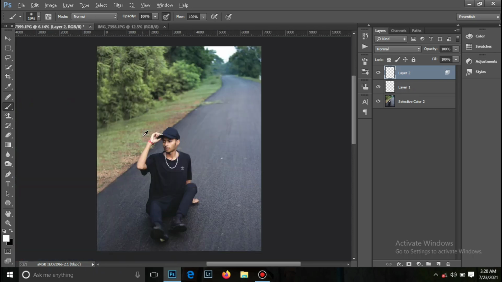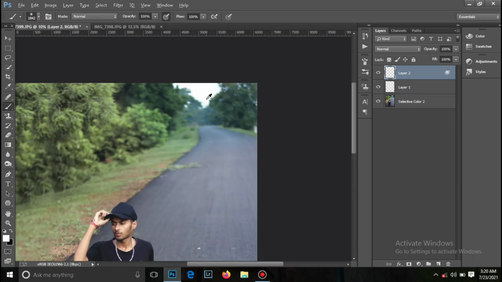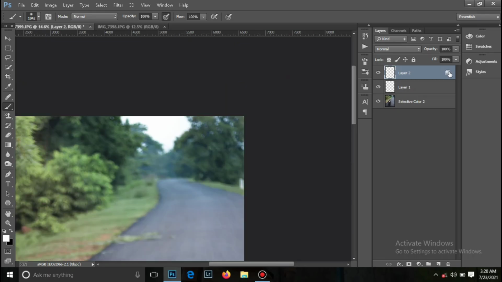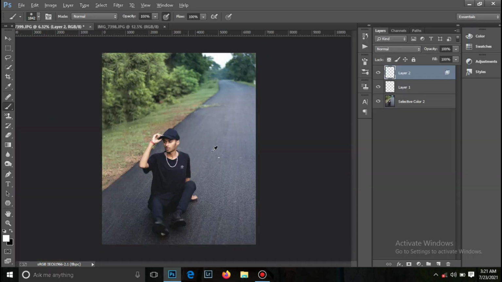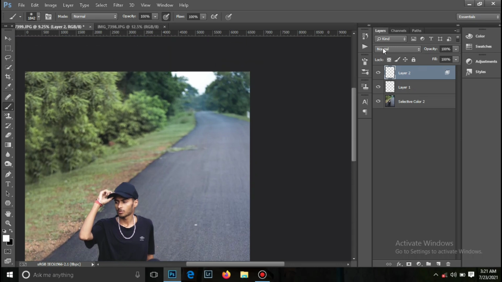This small thing will bring drastic changes in your photos if you have a large sky in your portrait. I have used it on a lot of my pictures like this, and we can make our sky look very awesome. If you want to drag it like this, you can also do this. It just depends upon you. So this is one of my secrets I use on my pictures on sky to make it look bloomy. And also one thing you can do is change the blending mode of the layer to Screen, so that will look more awesome.